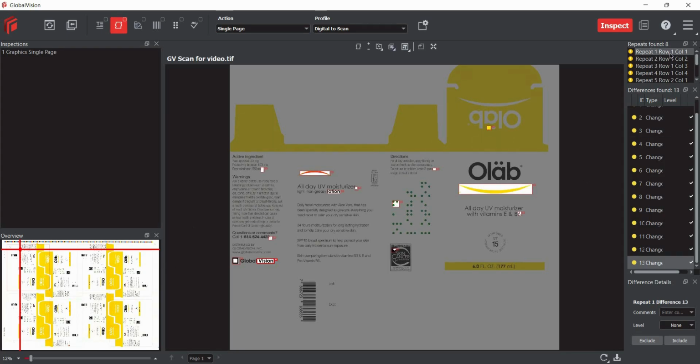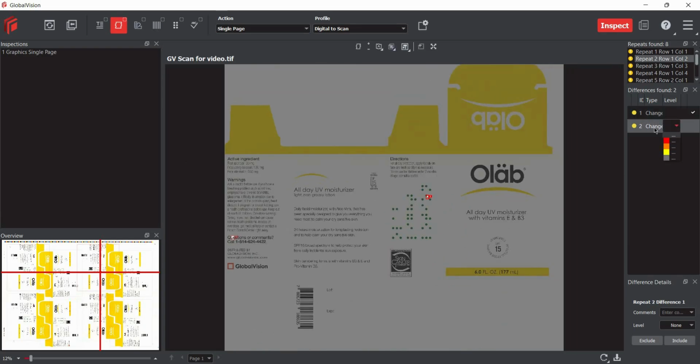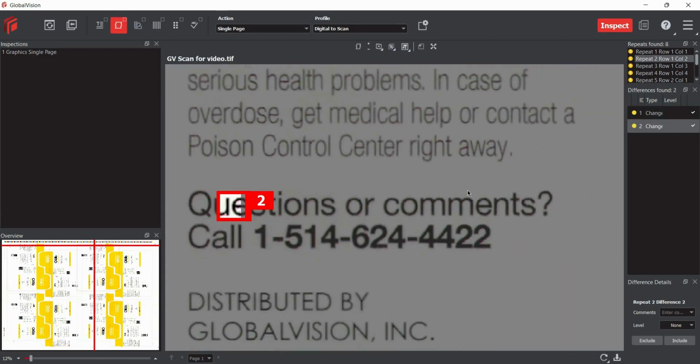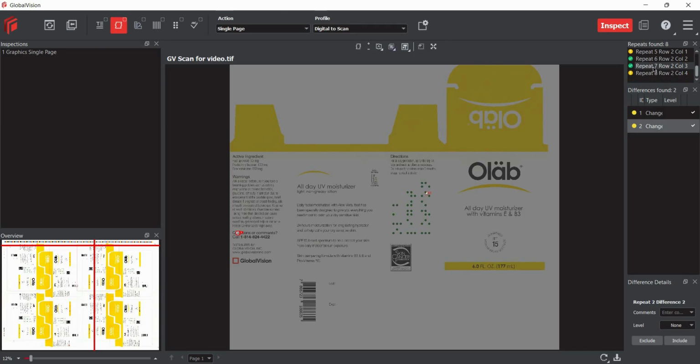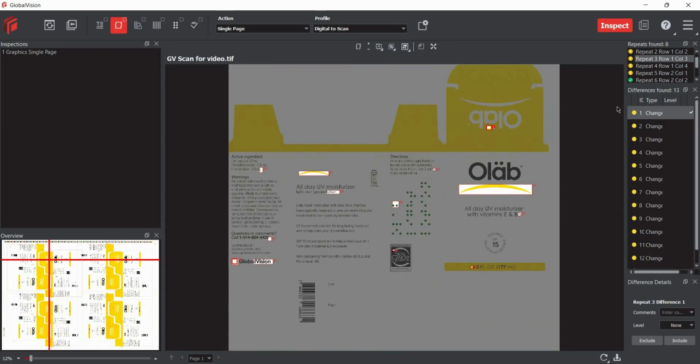Now, once we're done with repeat number 1, we can go to repeat number 2, or up number 2, and the software will show you which up it is looking at here on the left hand side, so that you can also refer to that in the press sheet as your reference up for the inspection. Here it has not found any errors. It's nothing over here. So you can go one by one through the repeats and find what the errors are